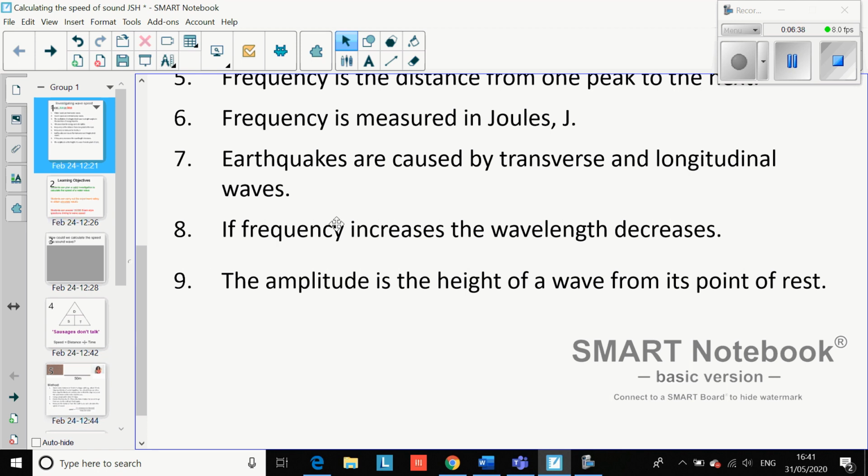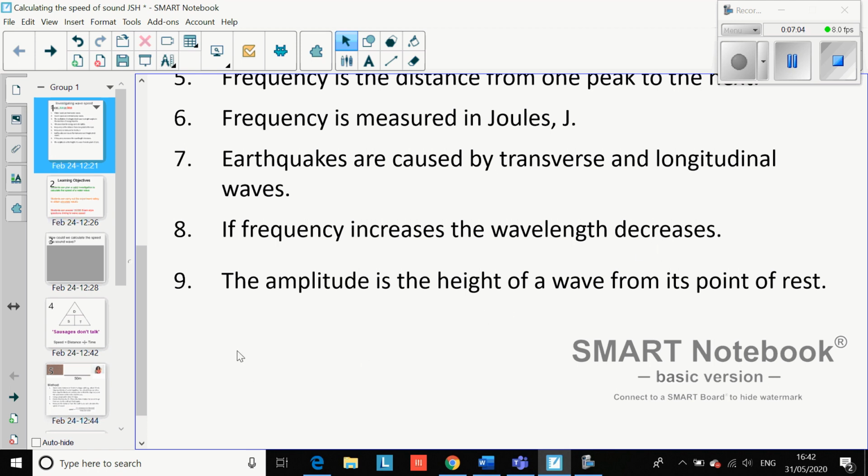Number 8, if frequency increases, wavelength decreases. That is true. As you get more and more waves, the waves tend to get bunched up, which means the wavelength gets smaller and smaller. Okay, so that's true, although I'm going to put a caveat to that. Generally there is an exception, and you won't know that until year 11, but just for now,